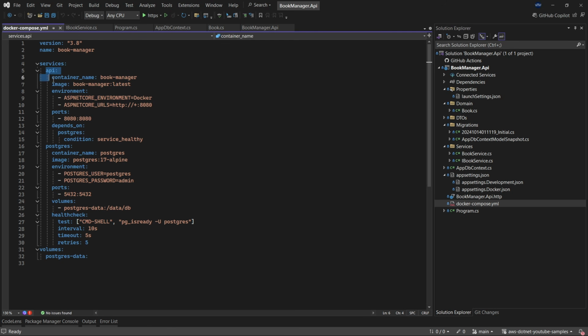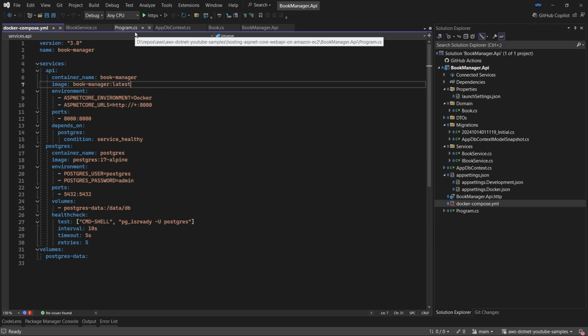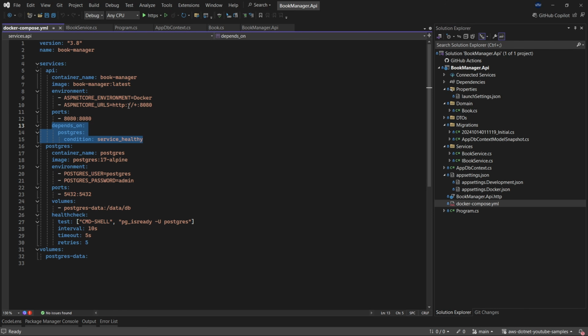As you can see, we have two services, that is the API and Postgres. The API points to the .NET image that we are going to build attached to the latest stack. It also sets the exposed port to 8080 and also notice that the API service depends on the health status of the database, meaning that the API service would be up and running only after the database container is considered